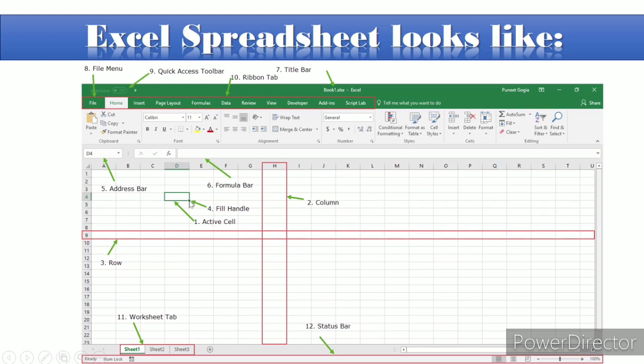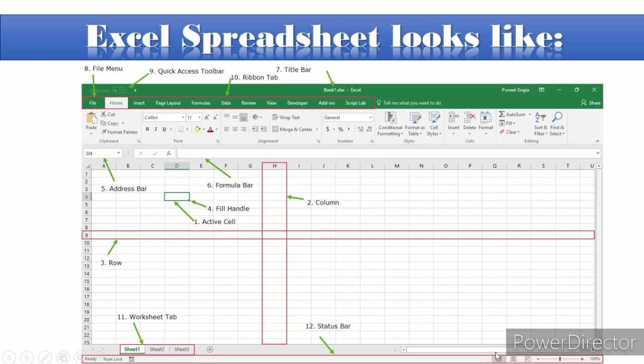In the lower corner there is a plus sign available, and this is known as fill handle, through which we can fill the entries by default. At the lower part of the window there are three sheets available: sheet 1, sheet 2 and sheet 3. And if we want to introduce more sheets in the work spreadsheet or workbook, then we can introduce by the plus sign or star sign.